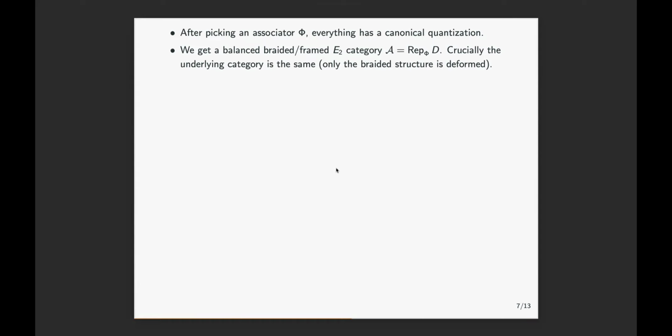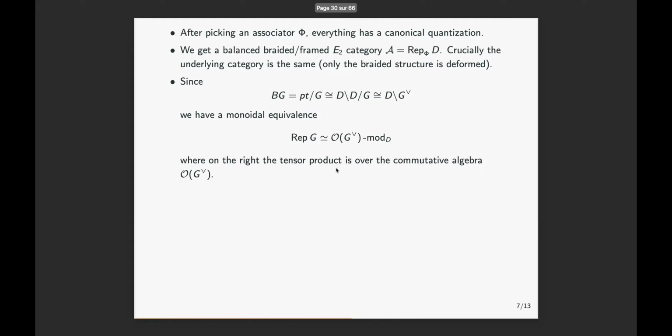And then if you want to quantize the boundary condition, you need a little trick, which is basically you want to work internally to this category. So basically you want to work over BD. And the way you do that is, well, that's a nice thing about working with stacks, that the thing that we want to be true is actually true. You can just take the quotient of a point by G, and multiply top and bottom by B, and you get the thing on the right. And that's where this duality shows up. So basically the quotient of the point by G is the same as the quotient of G dual by D. And so this dual group arrives.